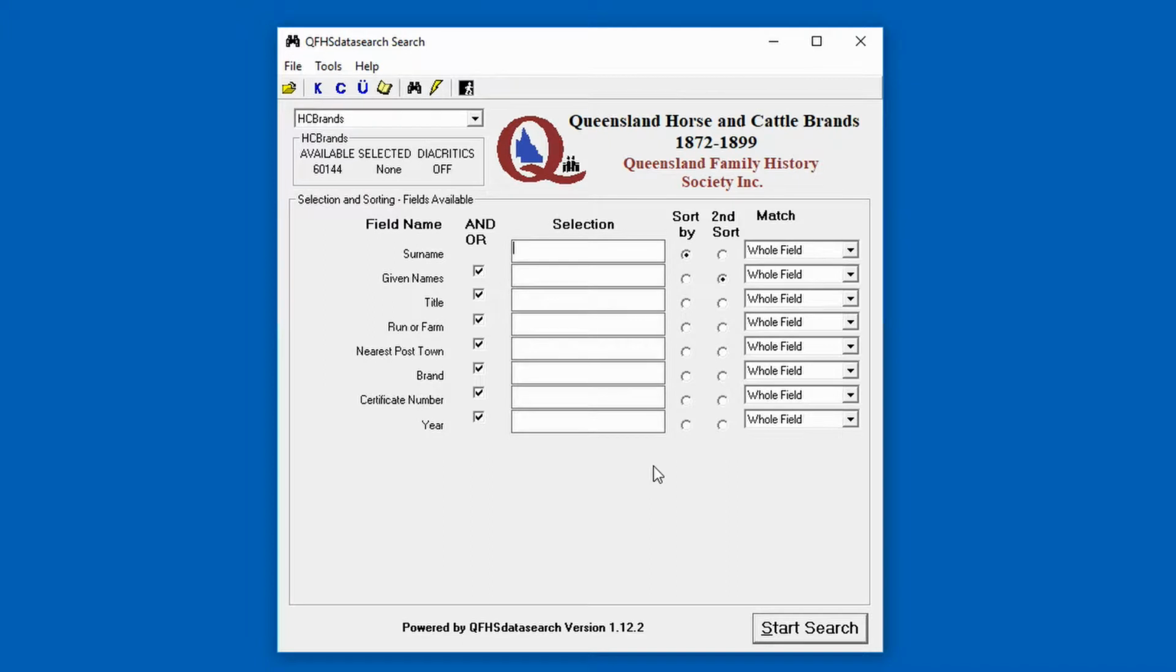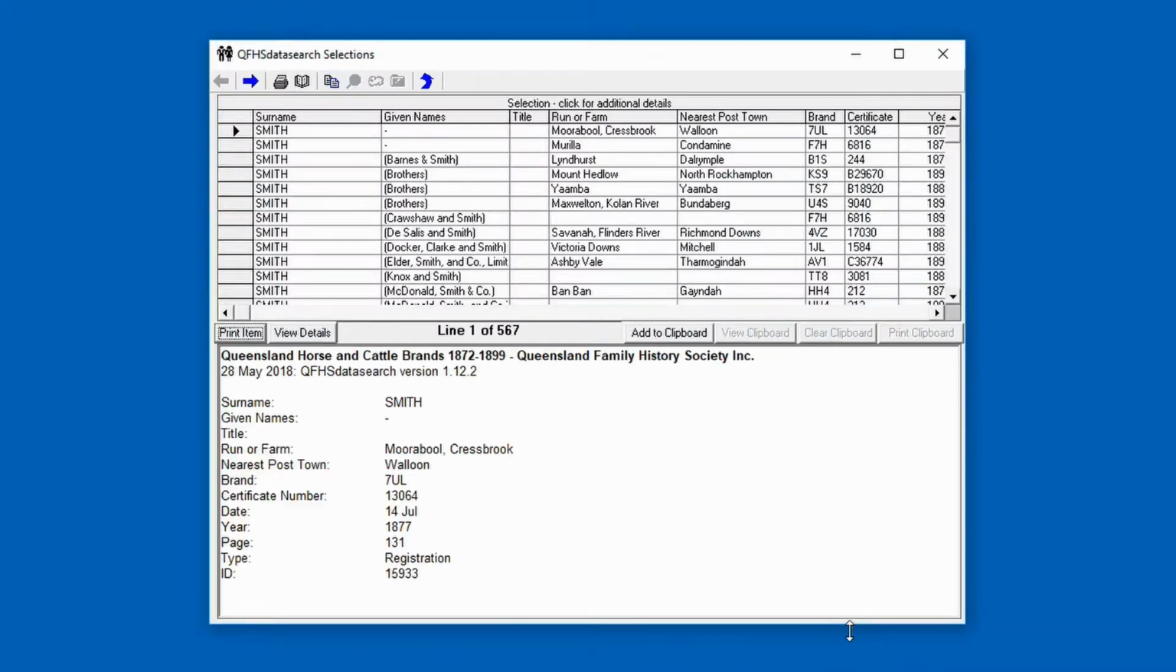So let's now see how we go about searching. We've selected the horse and cattle brands table, which has 60,000 records. I'm looking for some information about a character by the name of James Smith. If I enter Smith into the surname and click Start Search, it will bring up a list of records which